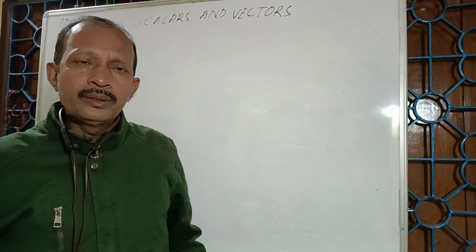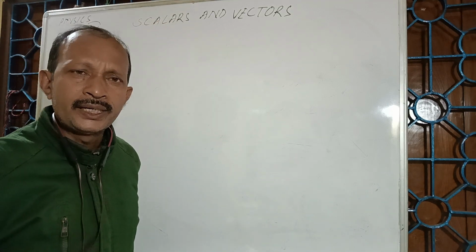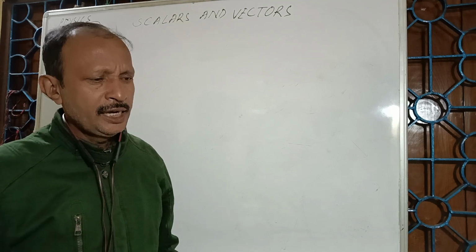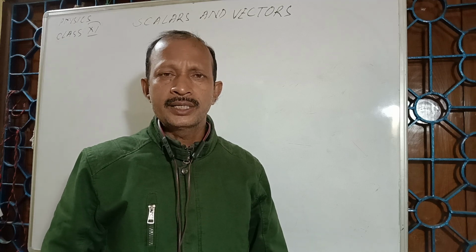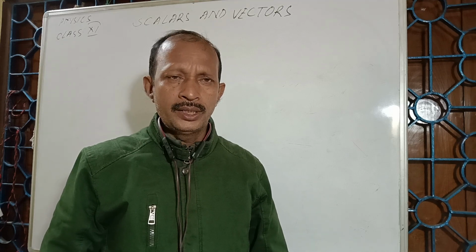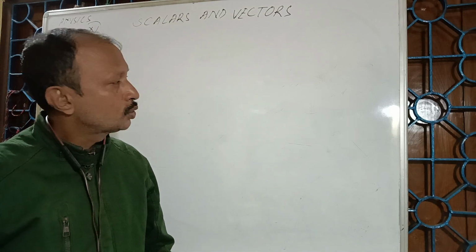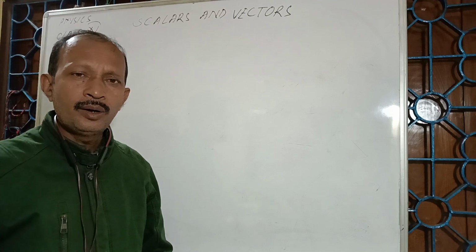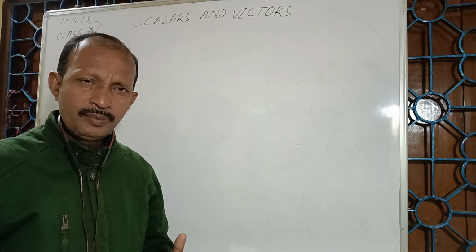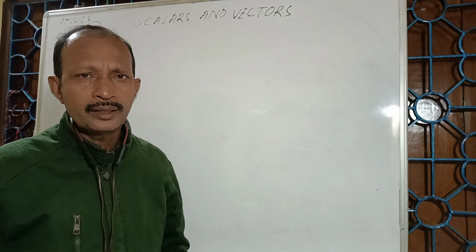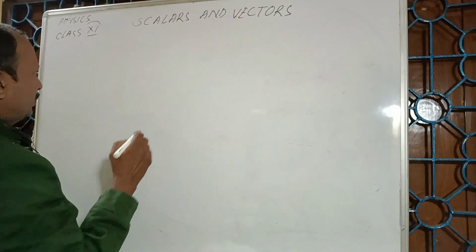Today in this video I am going to explain multiplication of a vector with a scalar. In my previous video I explained the differences between scalars and vectors as well as the different types of vectors. So today's video is regarding the multiplication of a scalar with a vector, or if you multiply a vector with a scalar, what will be its result? So the content is